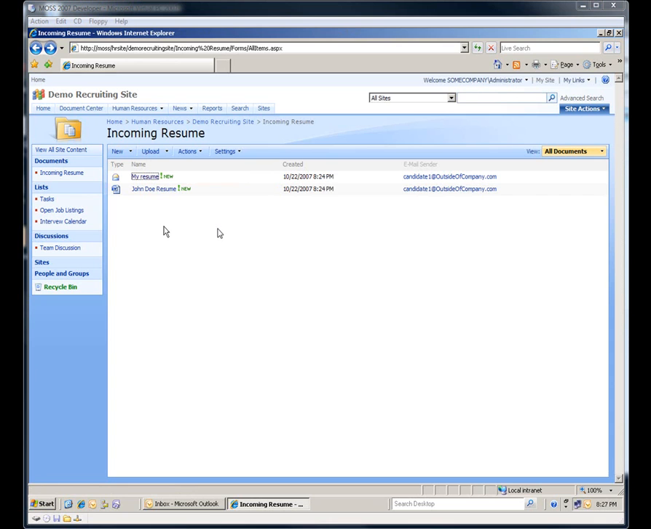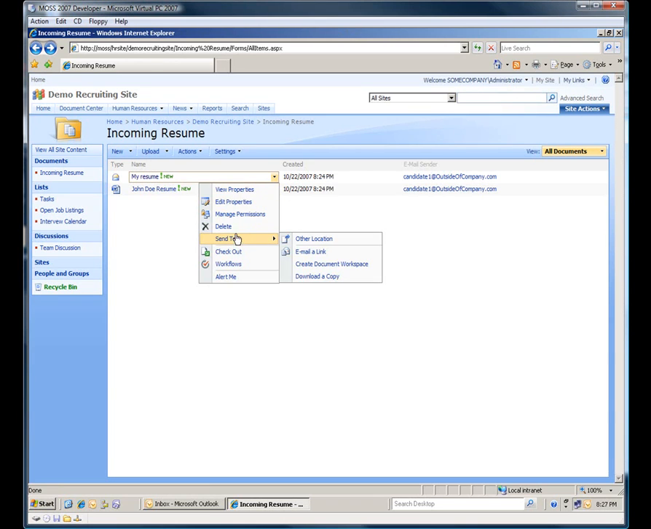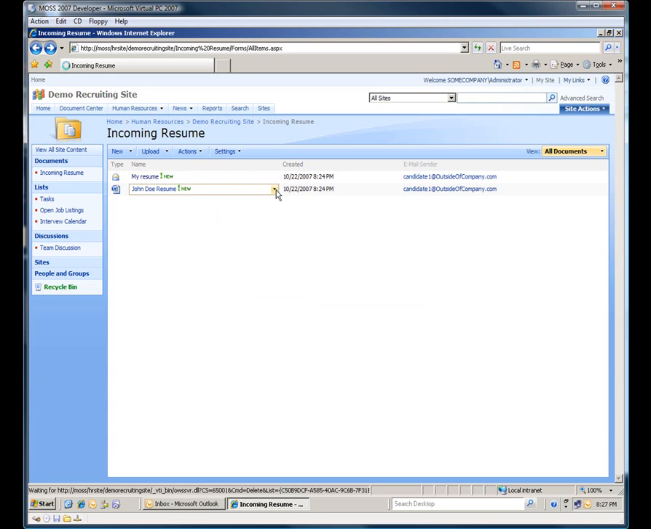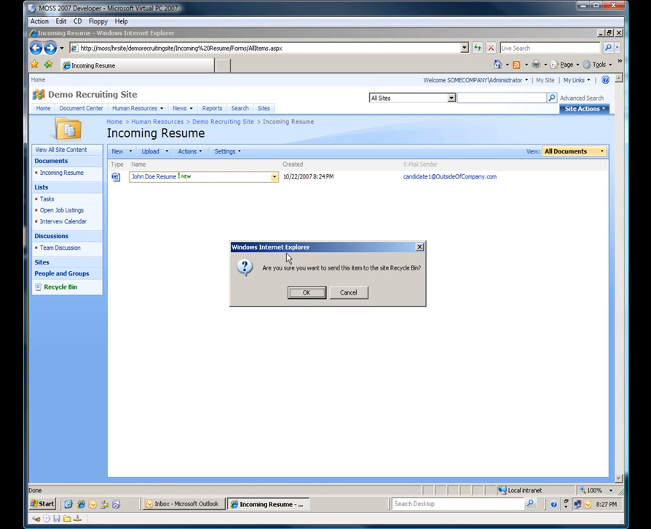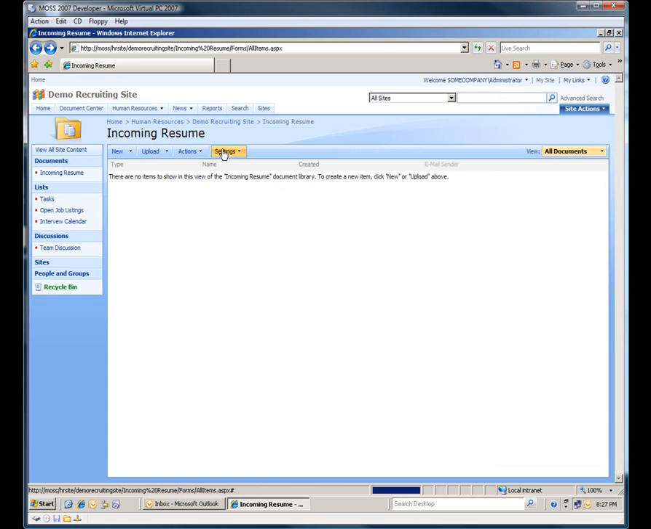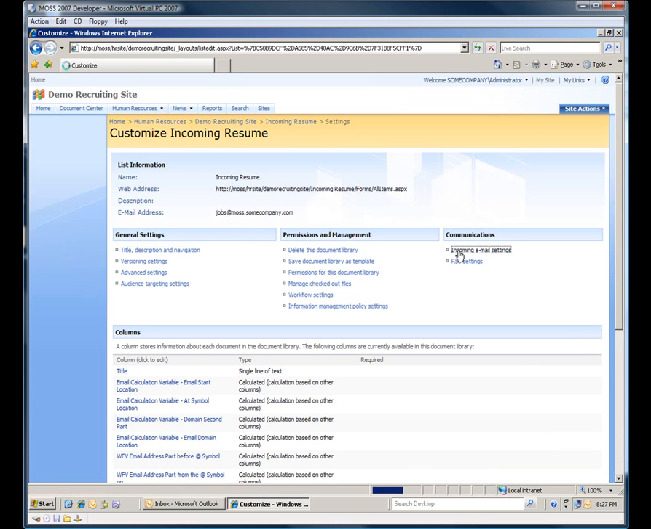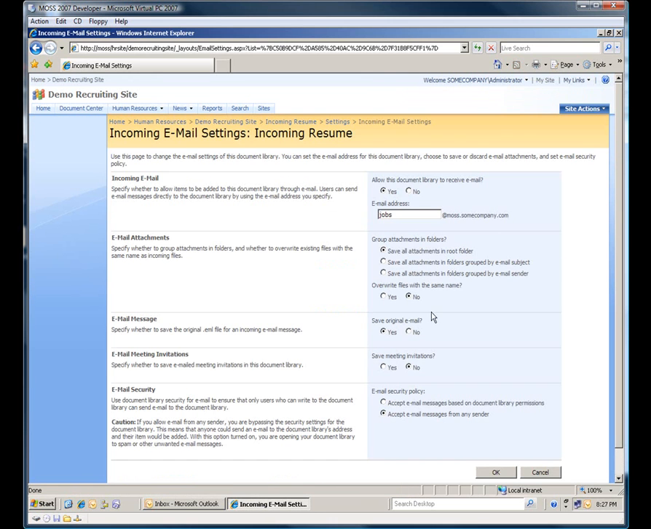So let's go ahead, delete these two. Alright, delete the attachment. Alright, now I'll just go to the settings link, go back to the document library settings, go back to the incoming email section, and I'll turn off the save the original email part because I don't need that for this example. But I want to change how I deal with the attachments. I want all the attachments to be stored by the email sender address. So I hit OK, go back to my list here,